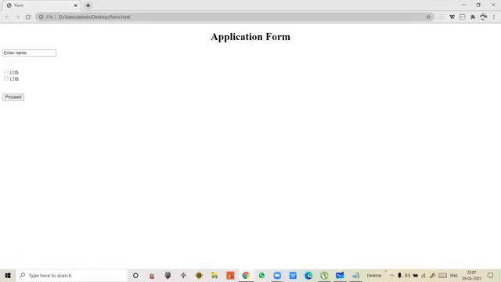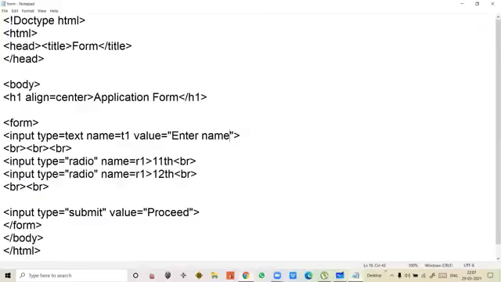Again, it's not looking good, students. So what we'll do, we'll just make a few more changes. Instead of writing here enter name as value, you can remove value also, not an issue. We'll just write enter name here. See this. If I write here, students, what will happen? Save it. You just see.